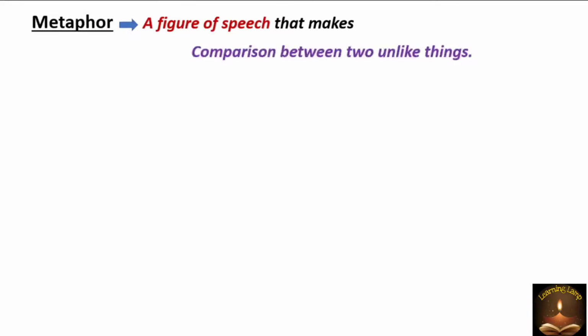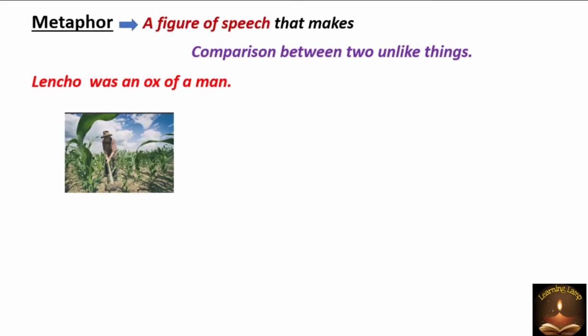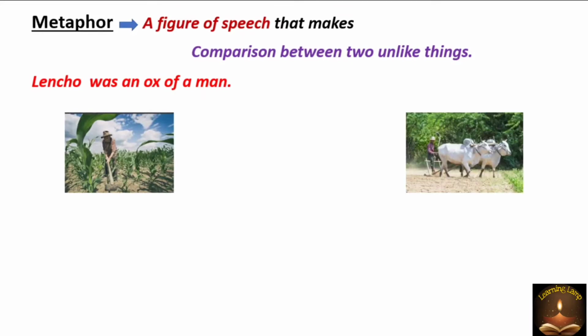First, what is a metaphor? A metaphor is a figure of speech that makes a comparison between two unlike things. As I have already told in my previous video, part 2 of this chapter, Lencho was an ox of a man. Lencho was a man, but ox is an animal. An ox is hardworking, so was Lencho. So, the author compared Lencho to an ox. This is a metaphor. So, metaphor is a literary device which asserts that two things are identical in comparison rather